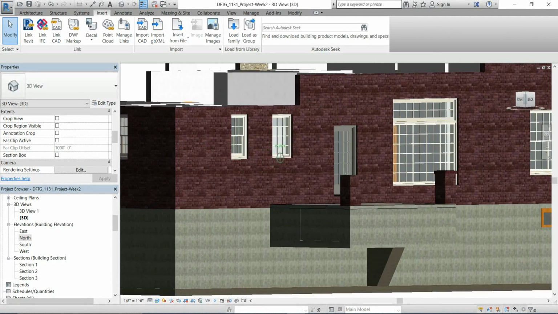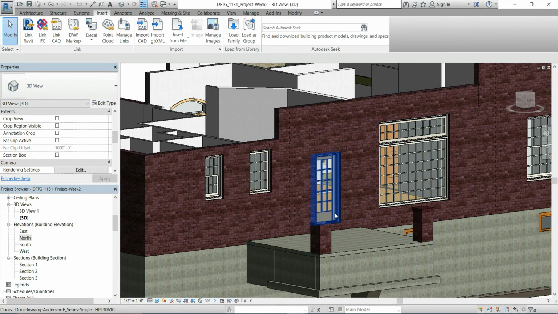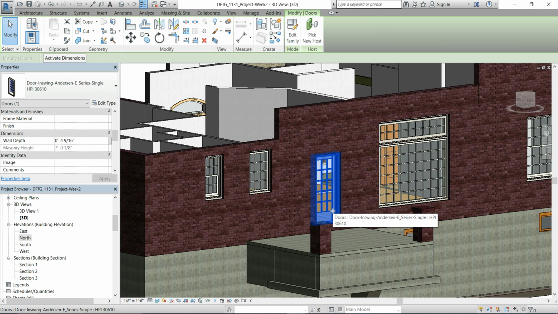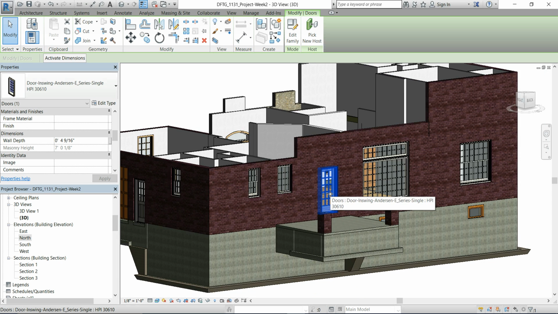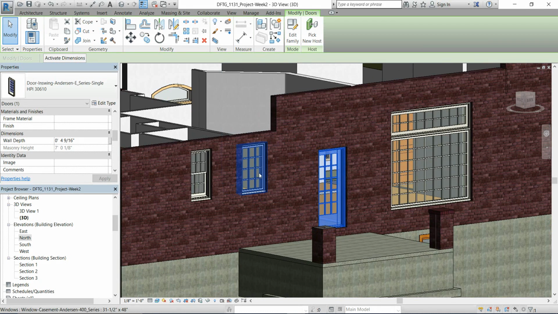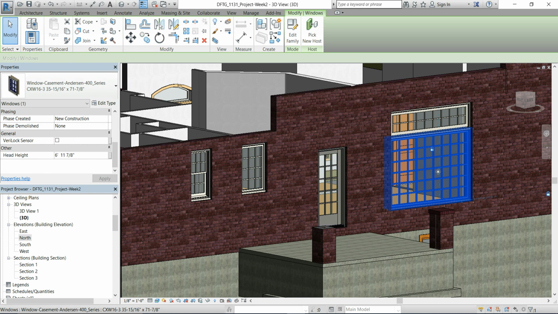This one back here is a non-standard size. Well, I say non-standard. It's a taller door. The plans say 3'1" by 6'11". I could not find one of that size. So this one is a 3.0 by 6'10". It's kind of an unusual size height of a door, but that's what I used on that one there. Okay. Windows, a lot of these windows are pretty standard sizes. Okay. Casements and tilt,